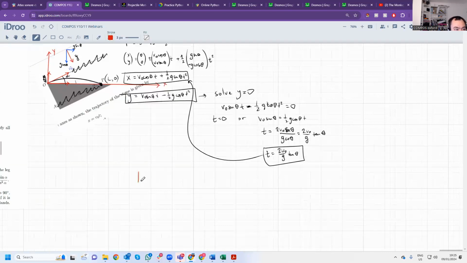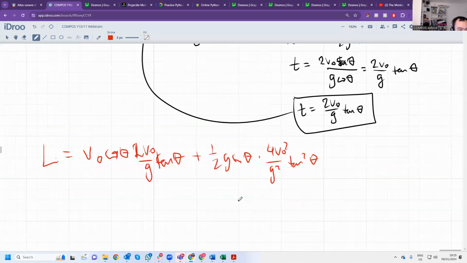And this is L is equal to v0 cos theta t, which is 2 v0 divided by g tan theta, plus 1/2 g sine theta multiplied by 4v0 squared divided by g squared tan squared theta. Okay, this got messy very quickly, but let's see if we can simplify this a little bit. So the range, the distance traveled, is